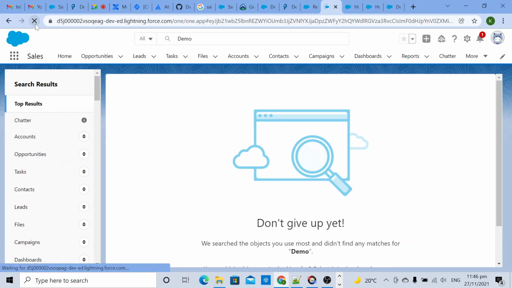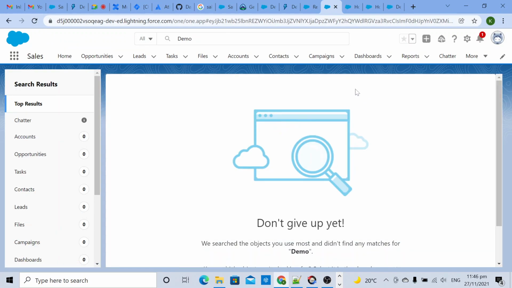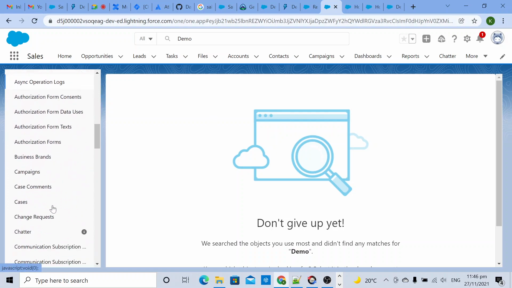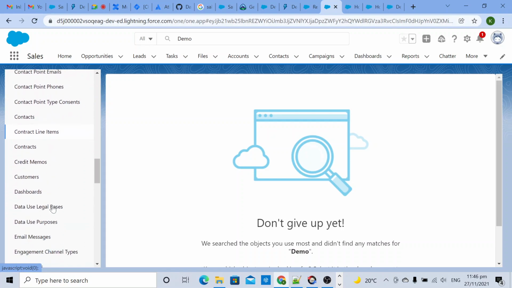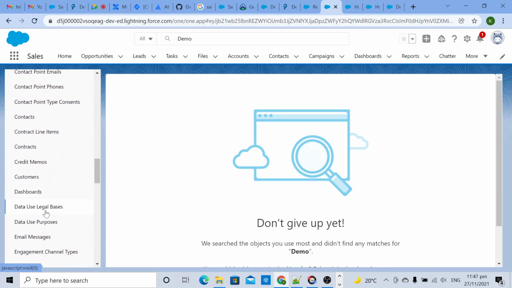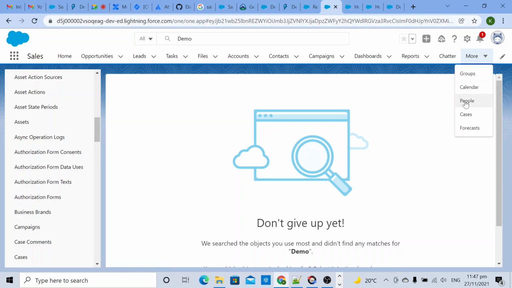This page I already refreshed, but still it's not coming. So we have another way.